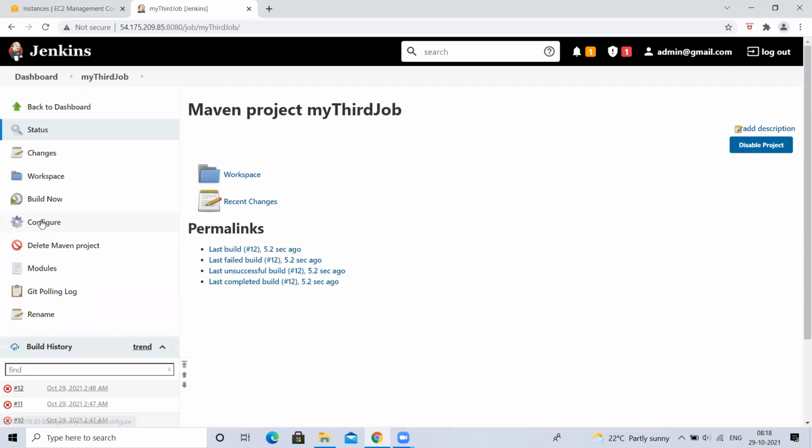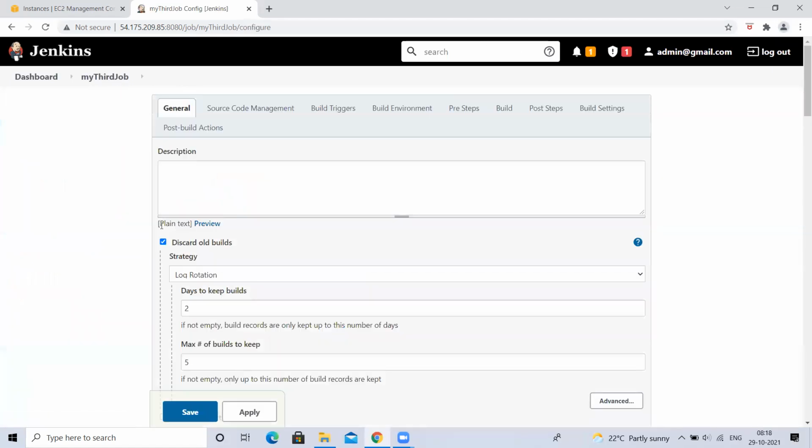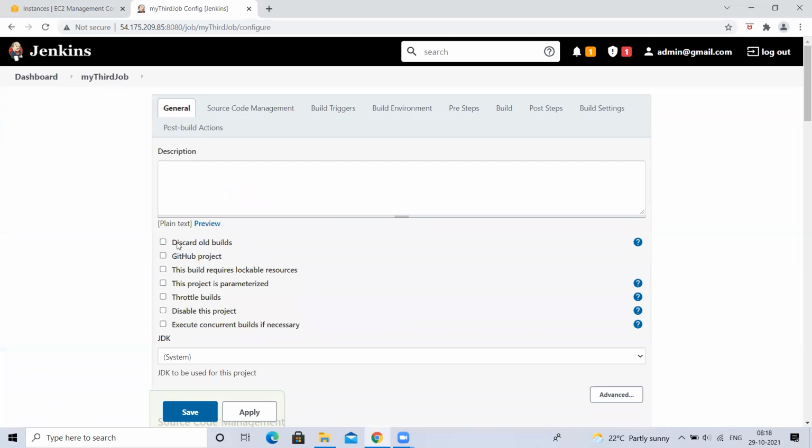Yes. Okay, like this. Sir, is this a mandatory option I have to use in real time? No, this is up to you. If you want to see only the latest builds, then you can use this. Otherwise, if you want to show all the builds in the history from day 1 to day 100, no problem, you can disable this. It is up to you. Understood, guys, how to use this?